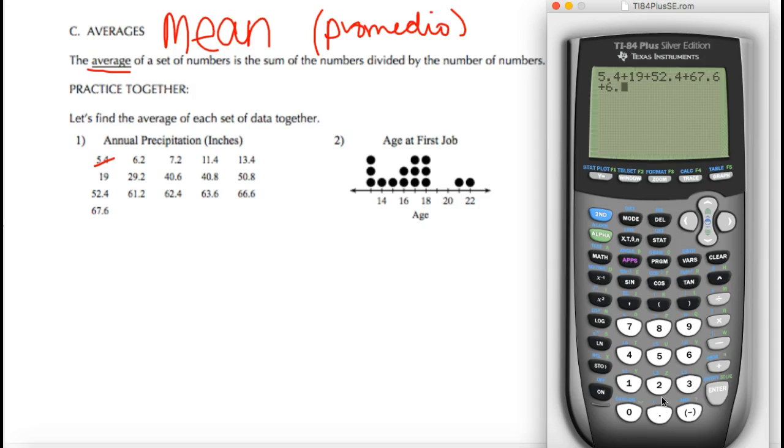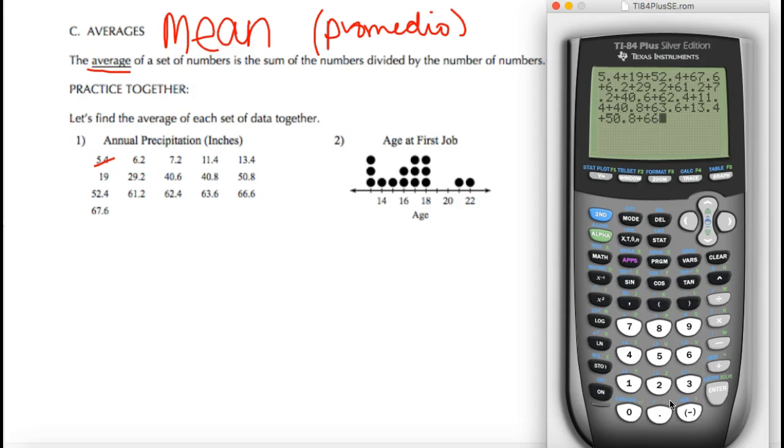Keep going, so I have 6.2, and then 29.2, and then I have 61.2, and then I have 7.2, and then I have 40.6, and then I have 62.4, and then I have 11.4, and 40.8, and 63.6, and okay, so if I finish at 63.6, that means I'm in my last column. 13.4 and 50.8